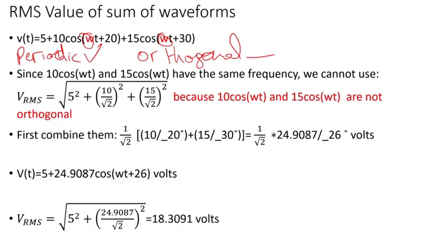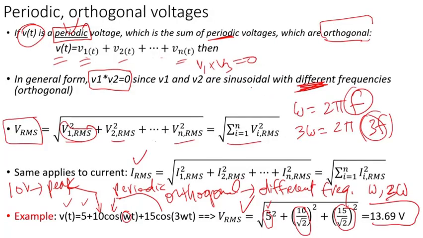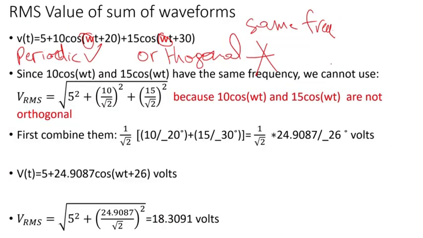Well, omega, that means they have the same frequency. They don't have different frequencies. That means this does not check, because remember, our sinusoidal with different frequencies. So in this case, they do not meet the orthogonal condition, so I cannot apply the previous equation. Since 10 cosine omega t and 15 cosine omega t have the same frequency, which is omega, we cannot use this equation here. If you use this equation, your result will be incorrect because the two cosines are not